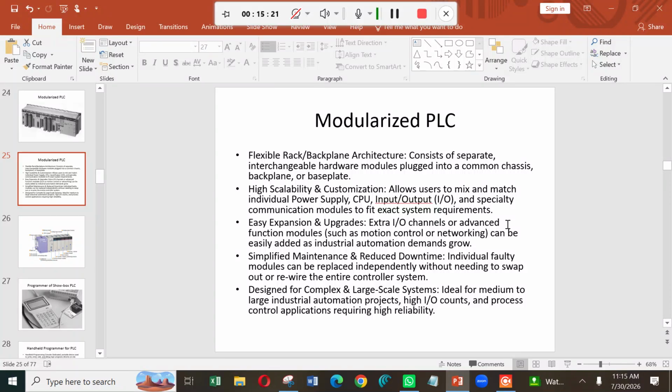You may require some input output communication when you want to integrate PLCs with the SCADA. I already told you what SCADA is: it is used for network automation. It means if you want to integrate more than one PLC, how will you communicate with the SCADA? You may communicate through a communication port. So you may have a separate dedicated communication port with the CPU of the PLC. There you can use whichever type of communication you require, and that can be implemented in the PLC. That is what they want to say.